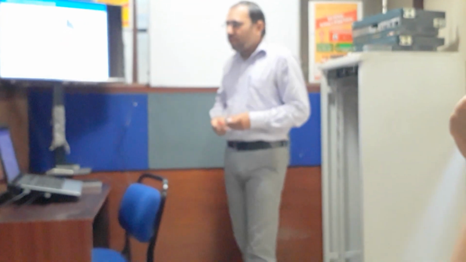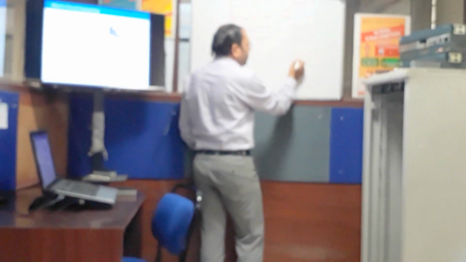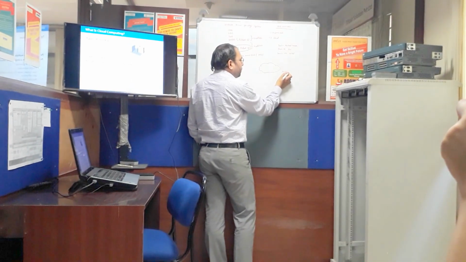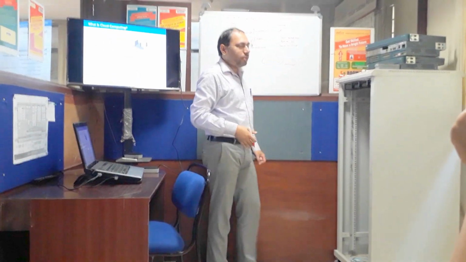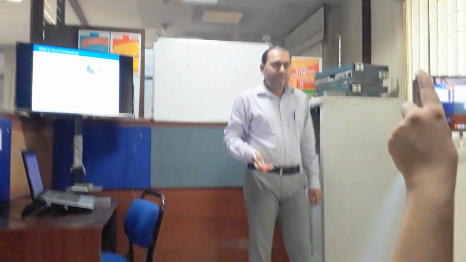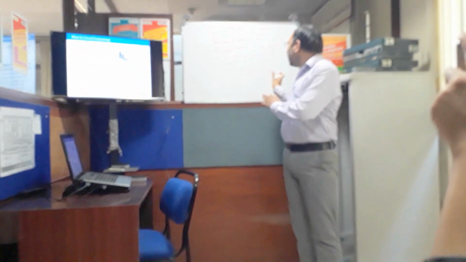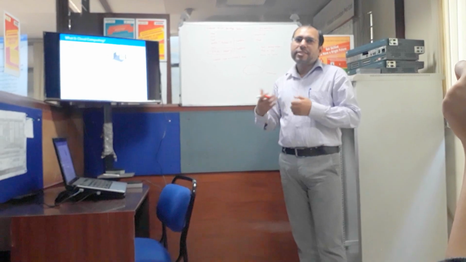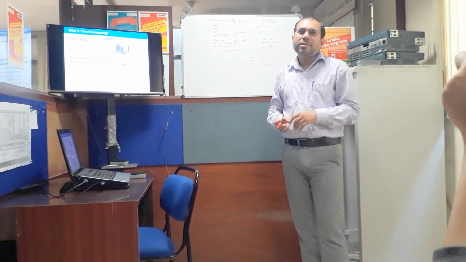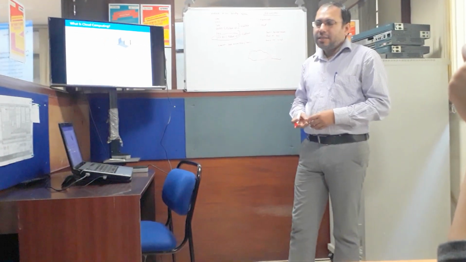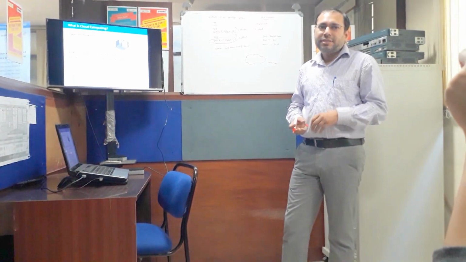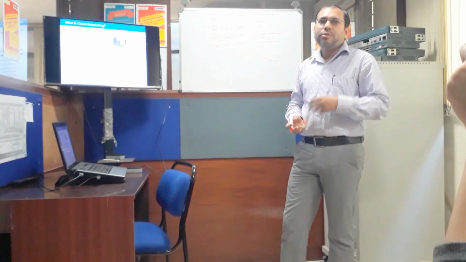So let's talk about what we mean by the cloud. Cloud is nothing but the diagram which is mostly used in the literature to represent the internet. So when you run your services, or whatever activity you are doing, through the internet, you are accessing the service through the internet, then it becomes a service. An example of that is when you are using Gmail. Gmail is a kind of service which is coming to you by the internet.